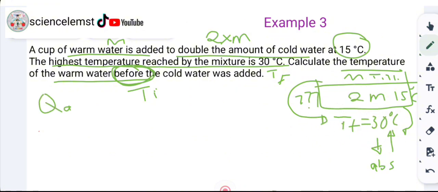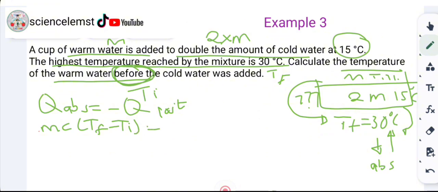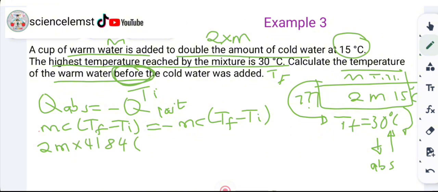So Q absorbed is equal to negative Q lost. mc(TF minus TI) is equal to negative mc(TF minus TI). The one that's absorbed is the 2m, multiplied by the c of the water. We know the final temperature, 30 minus 15, is equal to negative m multiplied by